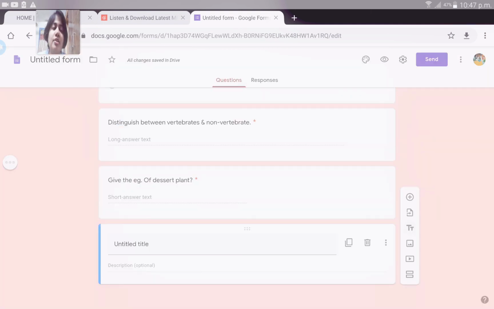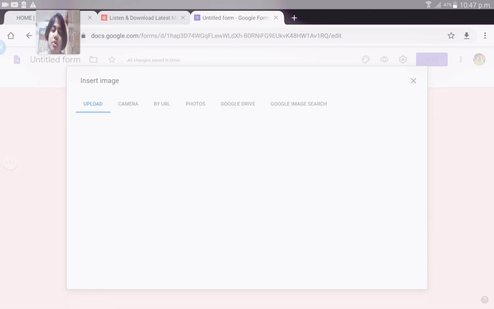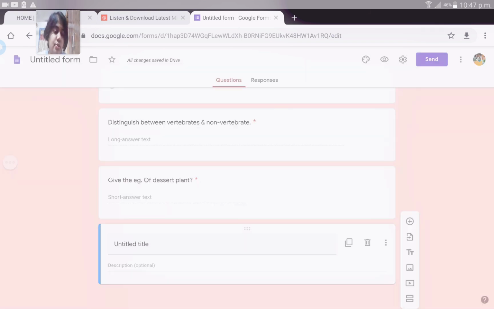If you want to add an image, that also you can do. Below that there is an image option. See here, now the insert image option will come. If I click on browse, from your computer you can add the images, or from the mobile phone. Right now I am using a mobile phone, so I can add the photos from my mobile. Then next, in the box there is an arrow, basically this is the video option, so you can also add videos in it, the same way you add the photographs.